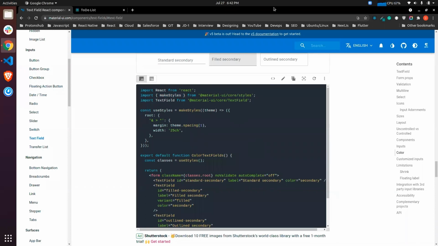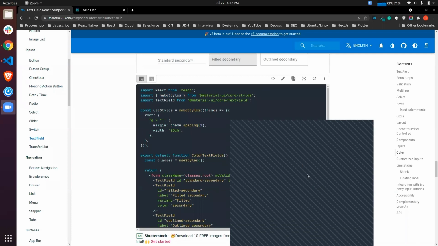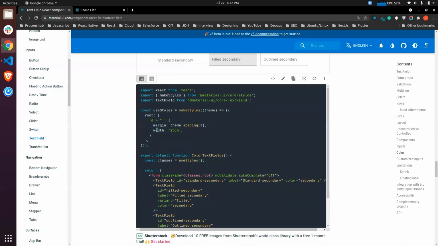A higher order component is nothing but something that takes a component and returns back another component with new logic. The Material UI team has written some logic inside these components, and what we need to do is pass our styles to it, and it will apply them.